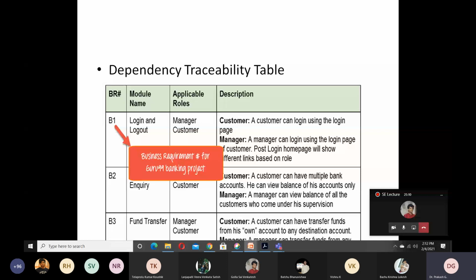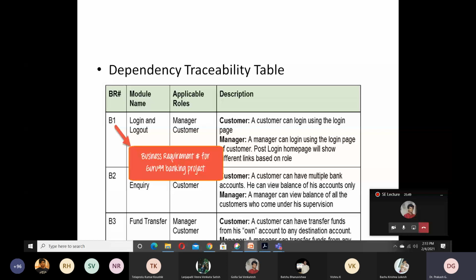The people who are going to work with these modules are normally the manager and the customer. What is the role of the customer and what is the role of the manager with respect to the login and logout modules has been given here, so you can read it on your own. Here again the dependency lies with the manager and customer, because the customer can log in with his credentials once registered, but he cannot log into the manager or admin login.